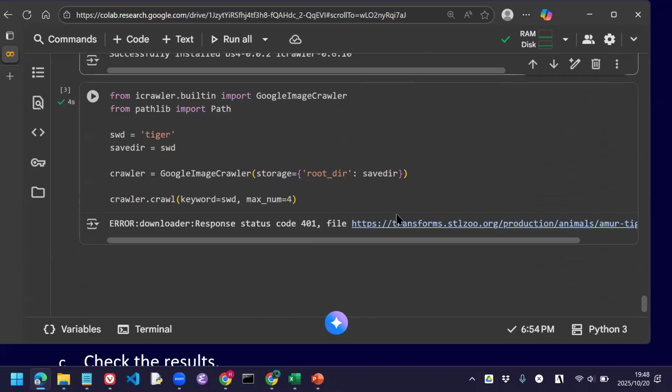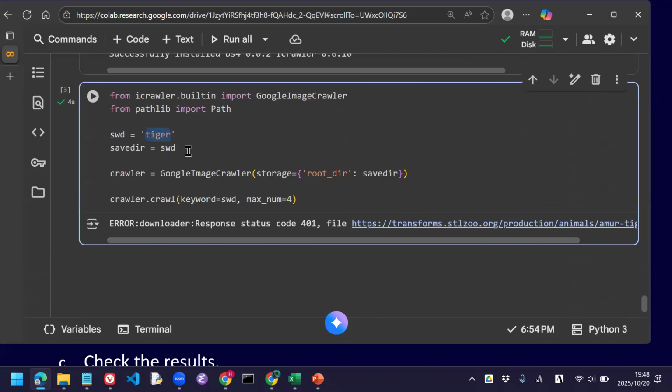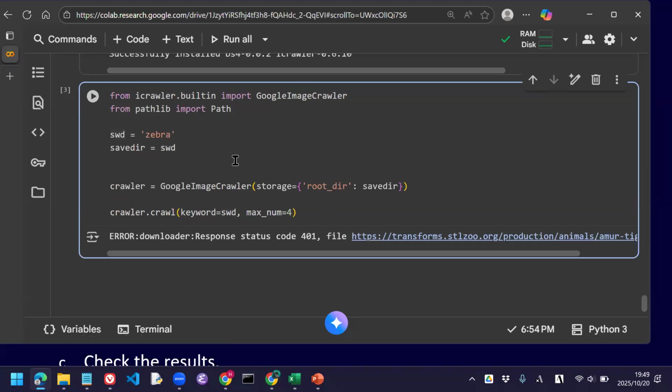Okay, so here we use iCrawler and pathlib, and the keyword was tiger. So let's change this to, for example, zebra. And this time, a new folder. We need to make a folder here. I wonder why there is no